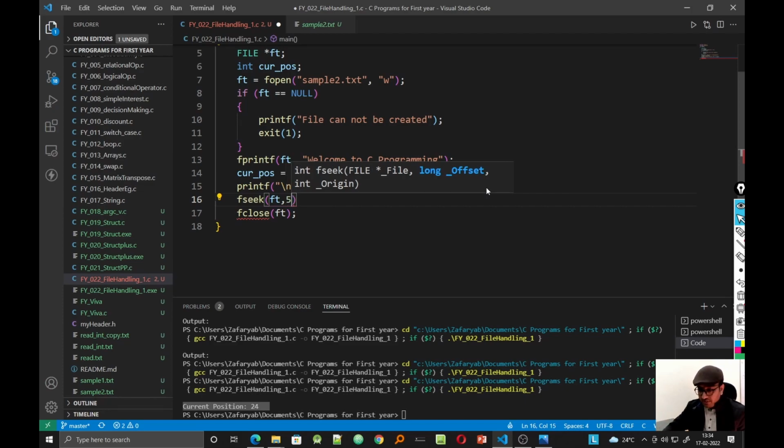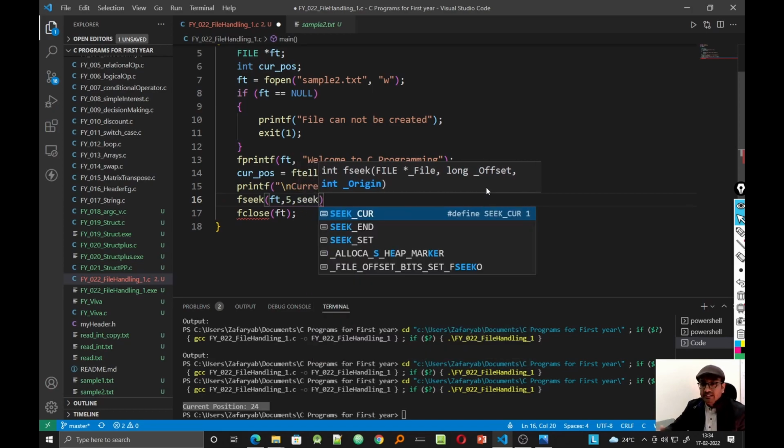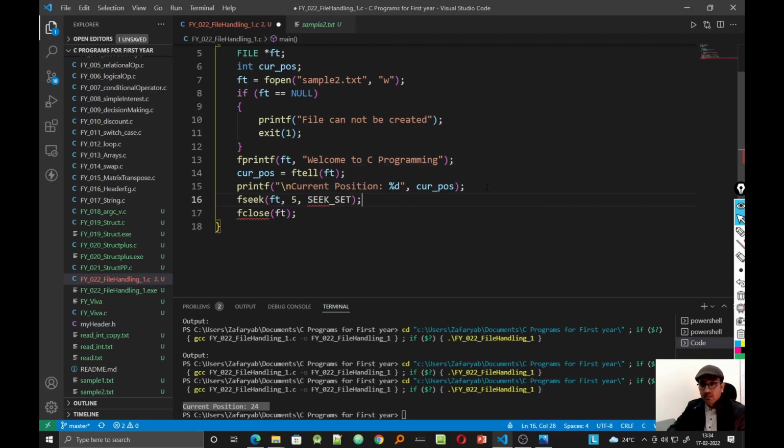Suppose I am giving my offset to be 5, and then I have got three options: seek current, seek end, and seek set. If I go for seek set, this basically means that I'm giving my compiler the command to go to the fifth byte, and from there start doing the task. So for example, if I write this, and if I write another fprintf, this time I want to write 2022